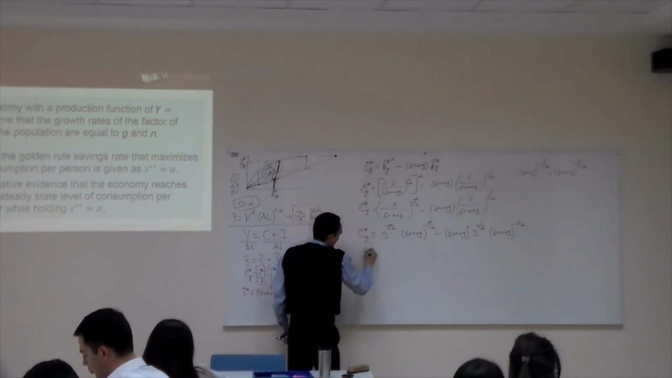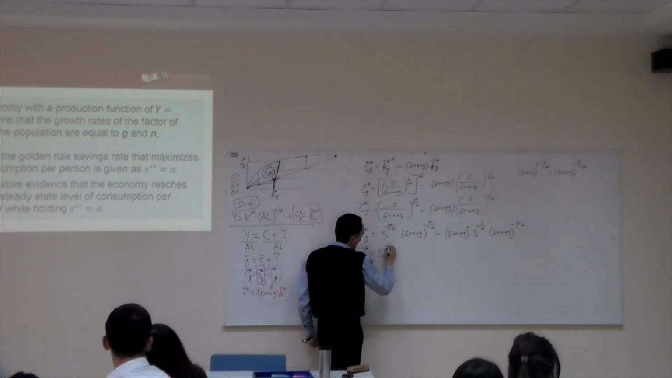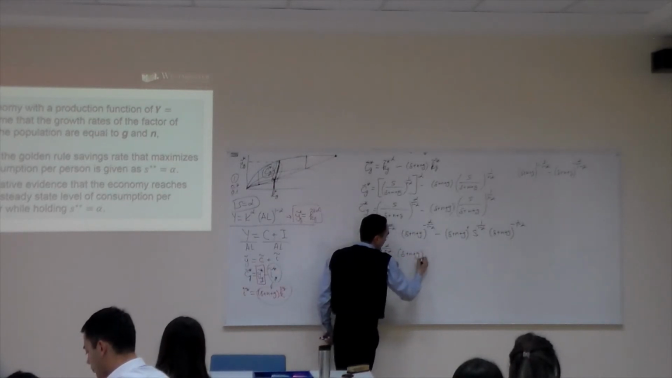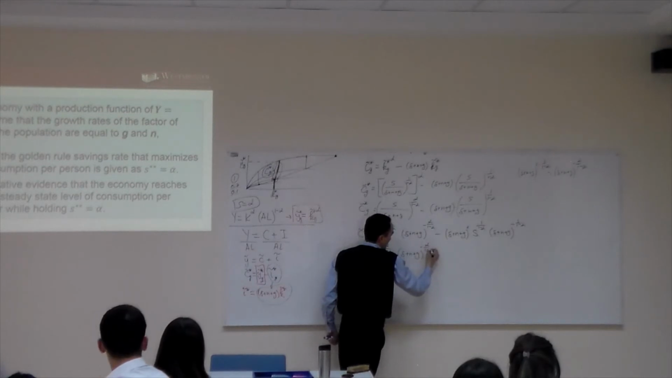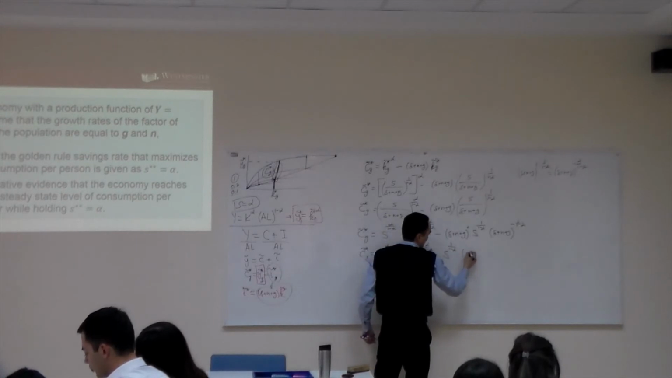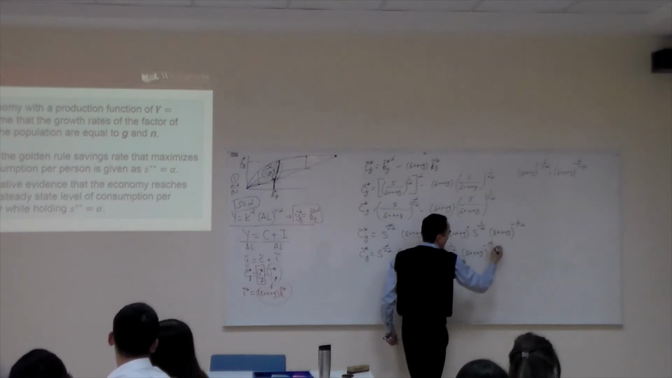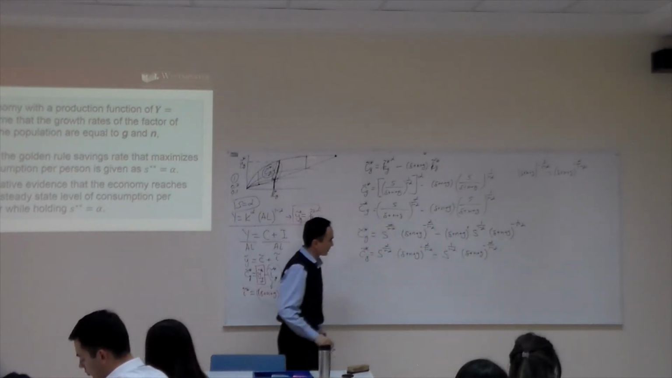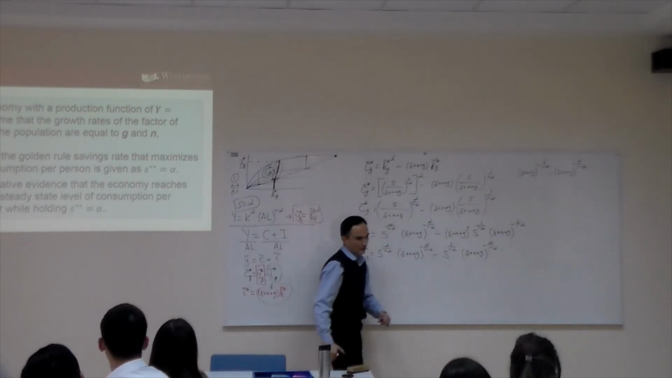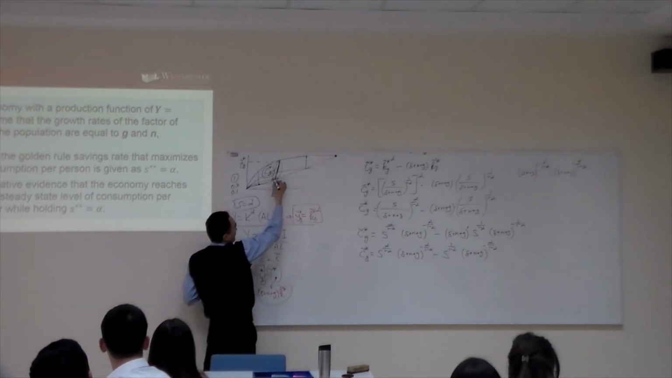So now capital per effective labor at the golden level is saving rate in the power of alpha over 1 minus alpha times delta plus n plus g in the power of minus alpha over 1 minus alpha, minus saving rate in the power of 1 over 1 minus alpha times delta plus n plus g in the power of minus alpha over 1 minus alpha. Okay? So now we have this equation given. We said golden level